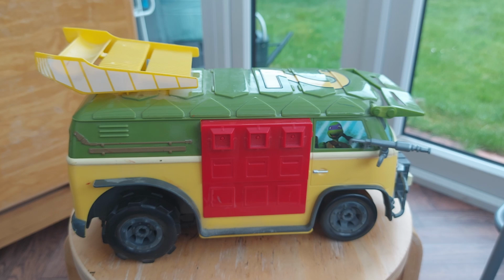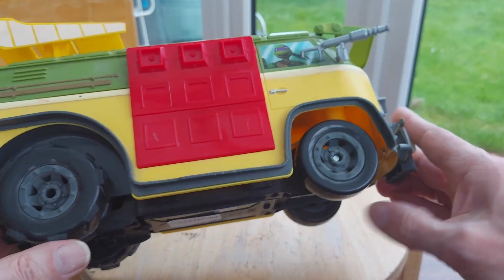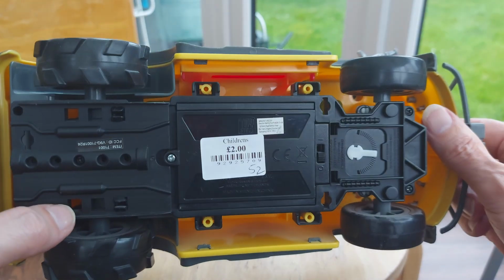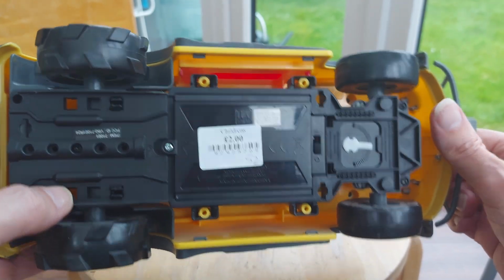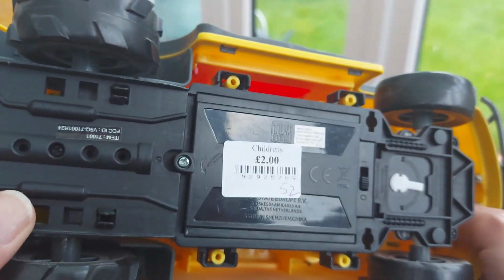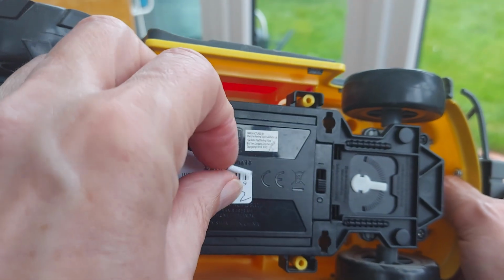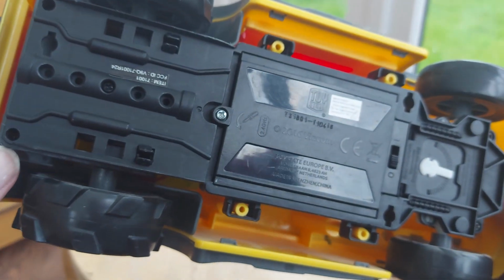We did Kingswood first thing this morning and I bought some stuff, and then we went to Keynsham for our midday snack and I did some more charity shops and I saw this. Obviously Teenage Mutant Ninja Turtles, radio controlled, toy state. Cost me £2, no controller obviously, and if we take the sticker off,